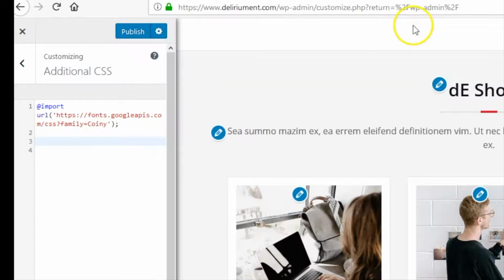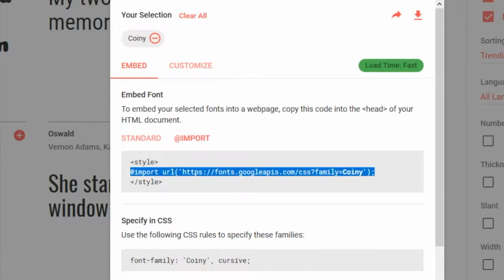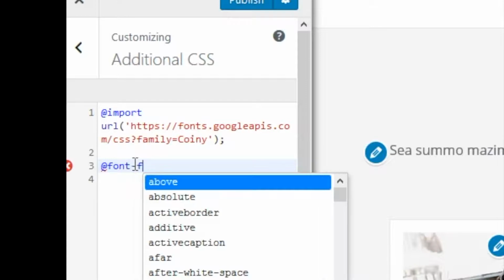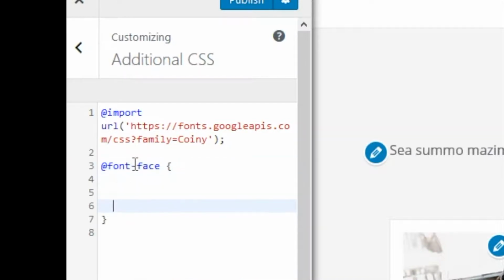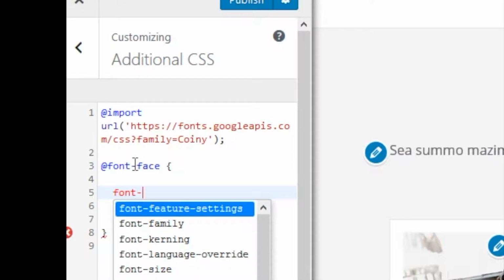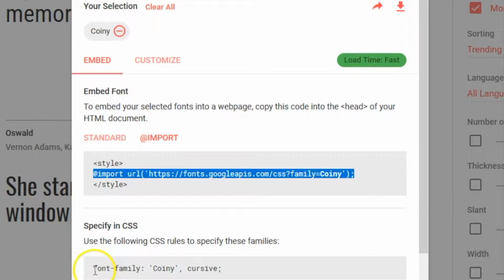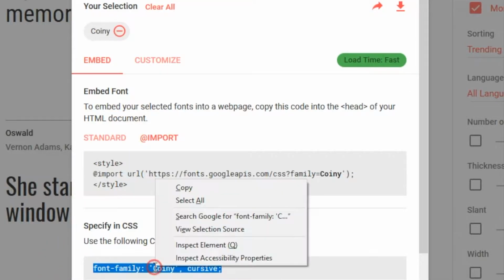From here, what we're going to do next is the @font-face code. @font-face allows us to add or include any type of custom font that we would like to have in our website. So now I'm going to do the font-family. Or actually, I'm just going to copy and paste from Google Fonts because they already have it written here. Okay, right click, copy,